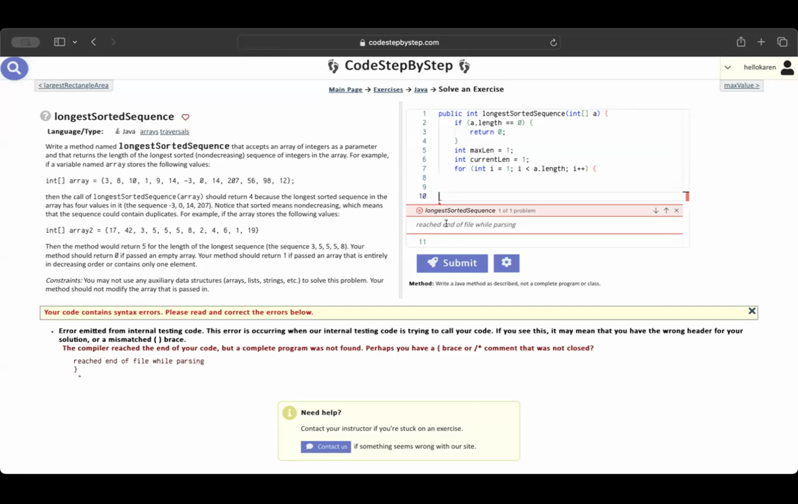Okay, awesome. What I did here was I made an if statement because we know from the beginning that if it's equal to zero, then you would return zero, because the array is empty. And the part where it says it should return one if it's in decreasing order, that's what I did here. But then I just made the variable max length,